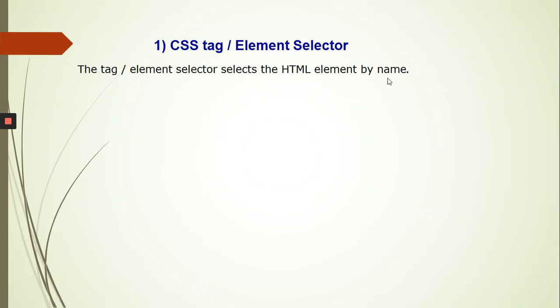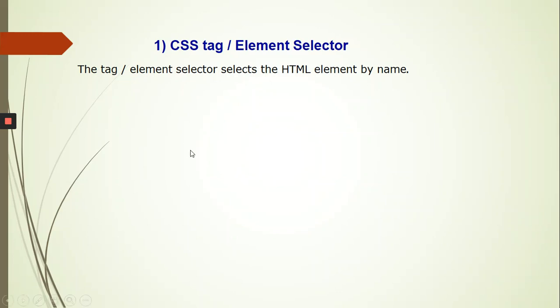Like for example, I have an HTML structure with some p tags. I want to give it a background color. And if I'm using internal CSS, then what will I do? I'll call the body tag. So body, B-O-D-Y, into the angular brackets is a tag. And the name of this tag is body. So my selector will be body. And into the curly brackets, we will write background-color and the name of a color.